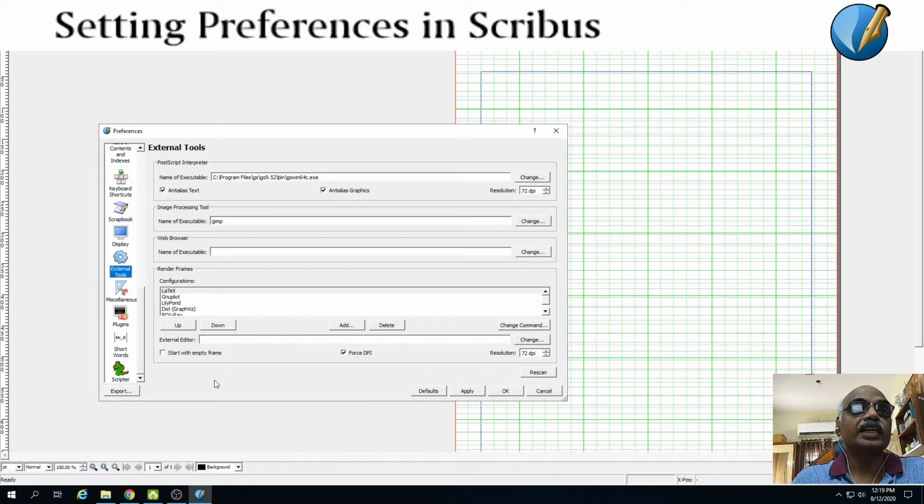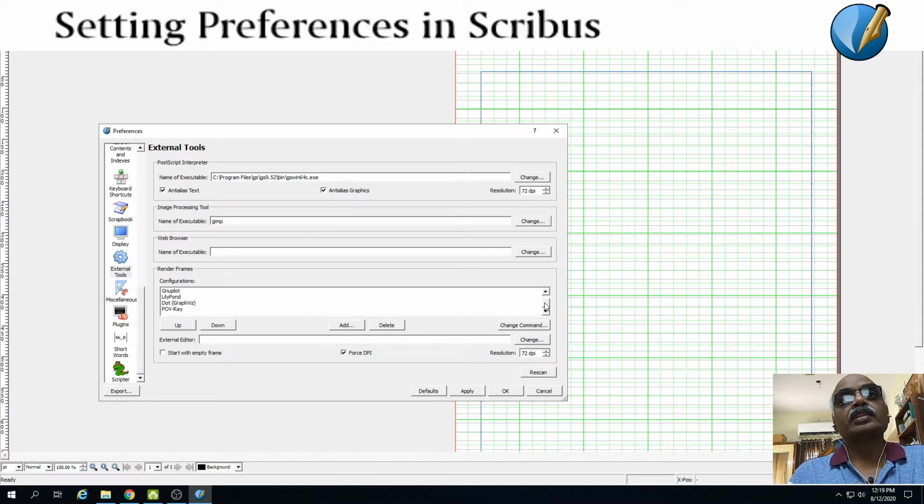Supposing if you have LaTeX installed, you can always use the configuration, it auto configures, and the same thing can be used in Scribus. If you install GNUplot, which is nothing but a graph generating tool, a command line tool, you can use it to generate graphs.